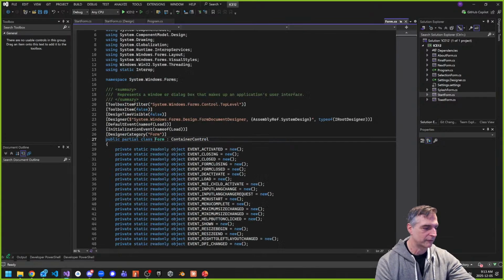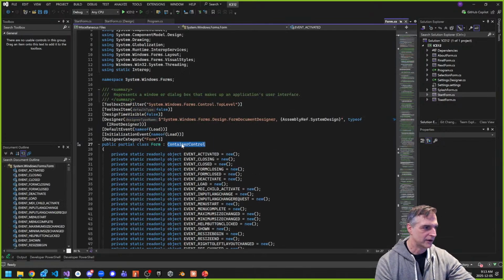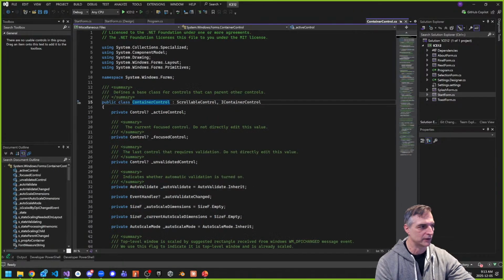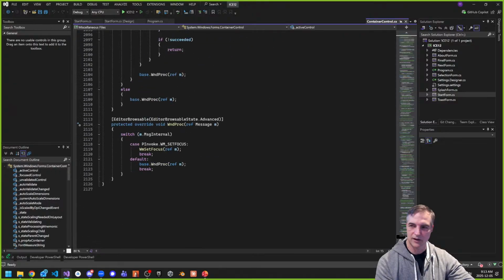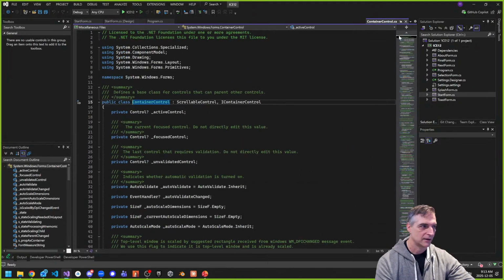So if I go back to form for a second, and if I look at container control, let's see if I can go there and see what container control is. Container control, right, which is another class. And if I scroll down, container control also has 2,000 lines of code. So that's another 2,000 lines of code, right? So now we're talking about 8,000 lines of code your code has, for sure, because everything that the other forms have, you have when you're using your form.